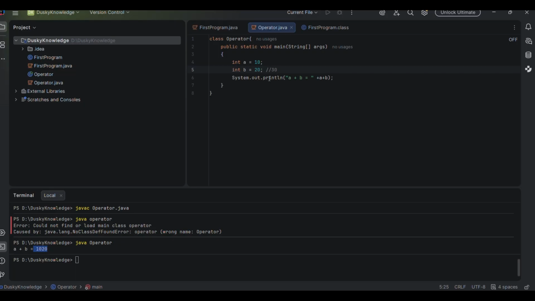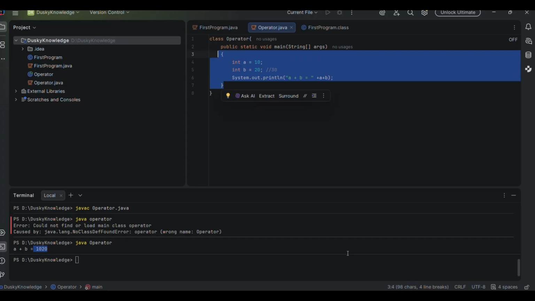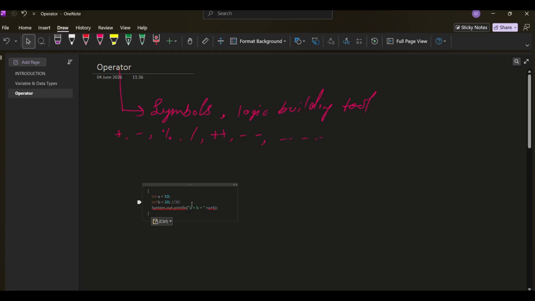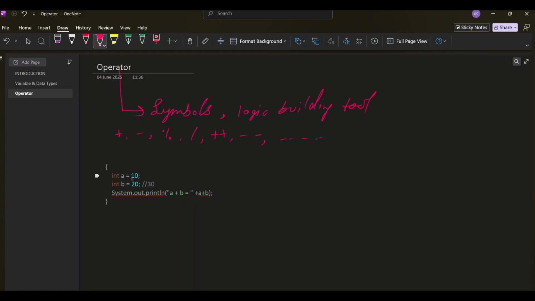Why do we see 10 plus 20? Firstly, I will copy this so I can explain more easily. Here a plus b is 30, but what we got is a plus b equals 10, 20 rather than 30. Just because in Java,